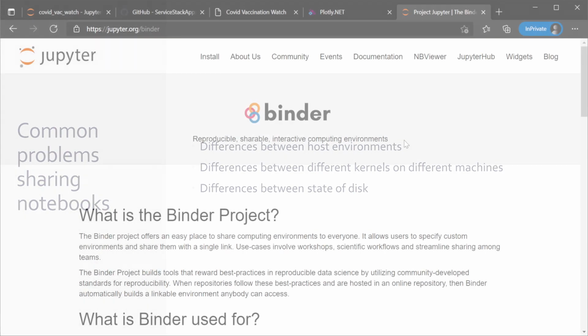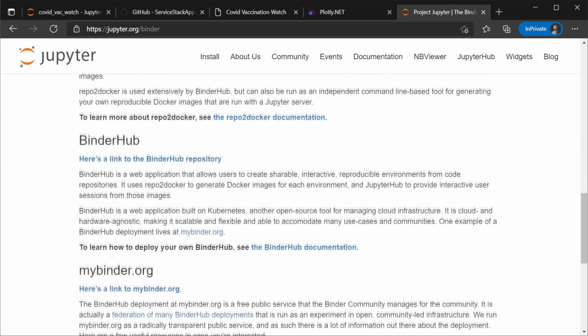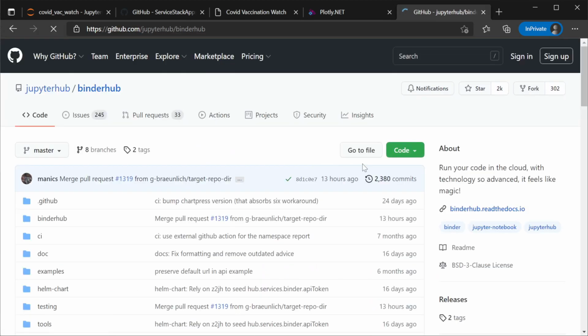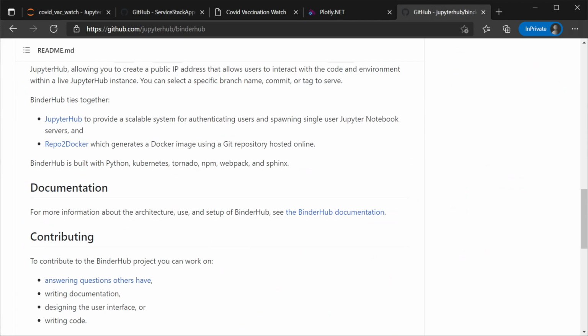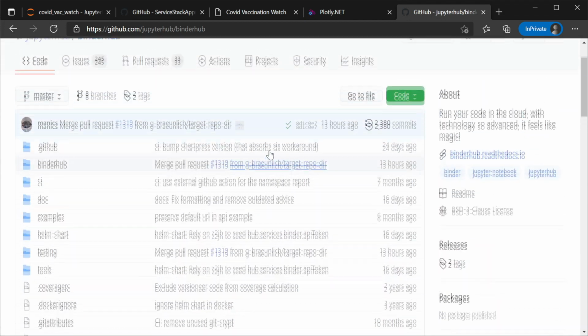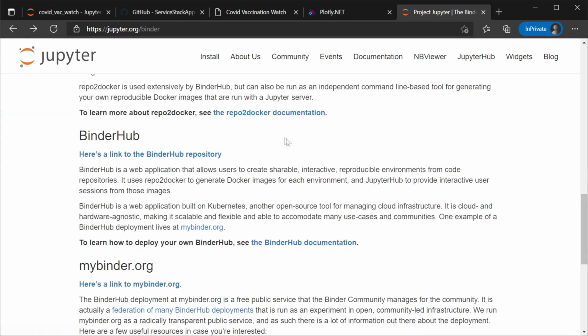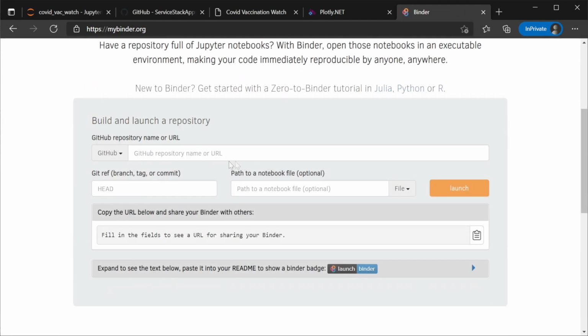Thankfully, the Jupyter team has been addressing this problem as well with a technology called Binder and Binder Hub, which utilize Docker and Kubernetes to build images based on Git repositories and run the Jupyter environment in a container. Even better still, mybinder.org, which uses these technologies, provides a free way to run notebooks straight from a public GitHub